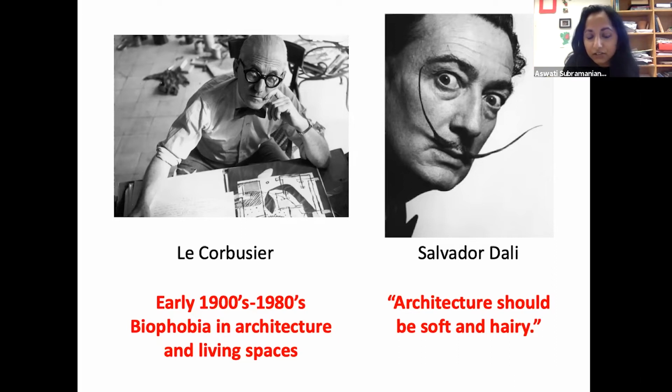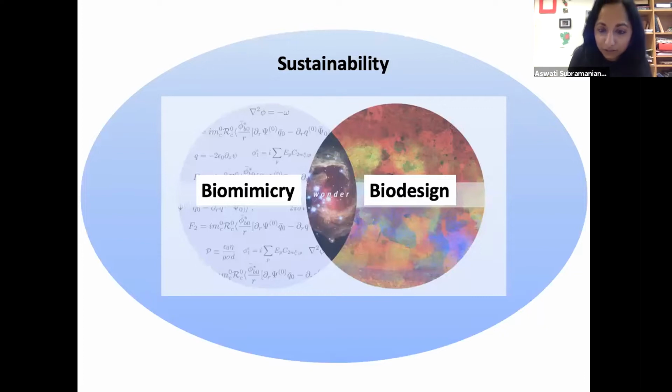And it continues to be a source of inspiration for me as I focus on the field of biological design. He said that architecture should be soft and hairy. And what do we mean by architecture should be soft and hairy, right? It simply means that we need to integrate biology, we need to integrate nature